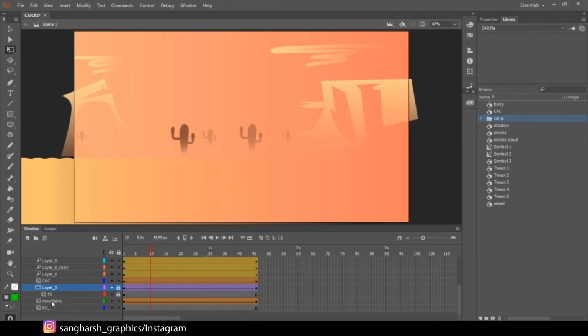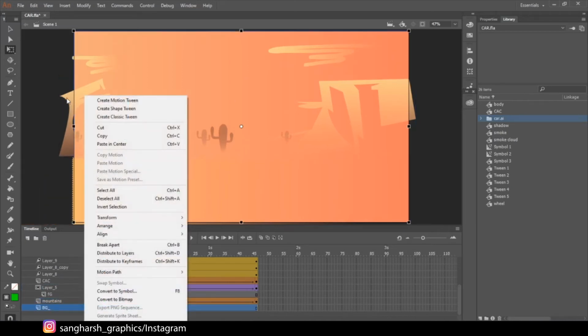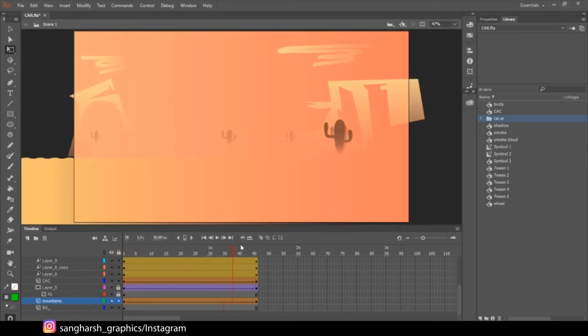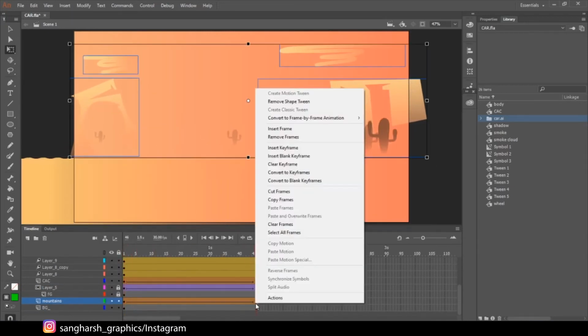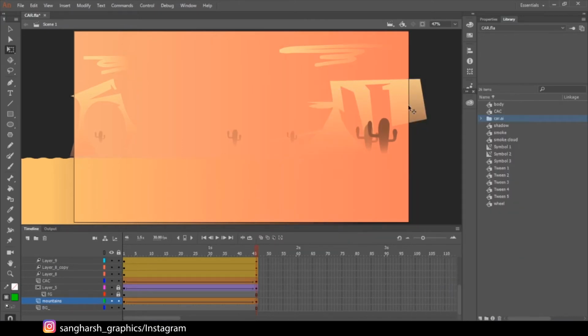Then I have selected the mountains and applied shape tween to them, just trying different things, applying shape tween and classic tween to different things. I have also made them graphic symbols by right clicking them, converting to symbol and selecting graphic symbol, just in case you need to edit them inside, but I don't need that because I already made them perfect in Adobe Illustrator.